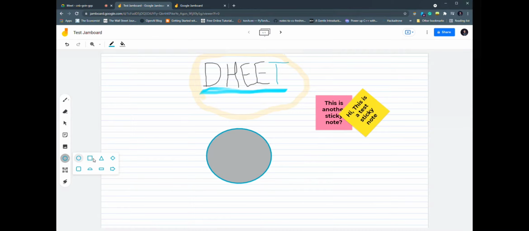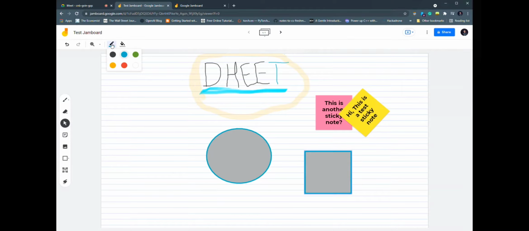If you double click on it, you will open a small menu where you will have options to draw other shapes as well, for example a square, and then you go to the top and change the color or even have it transparent. You have various options, and there are different shapes such as triangles, diamonds, squares, and even arrows, which are really helpful in making flowcharts, free body diagrams, or mind maps, things like that.